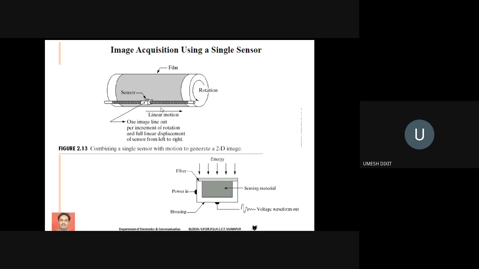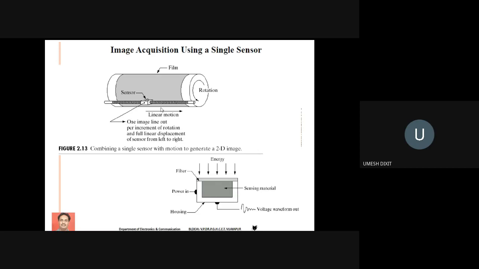I hope you have seen the typewriting machine, which was used in older days. In the typewriting machine, there exists a head which will move horizontally as you go on typing the characters. But when you want to move to the next line, what will be the arrangement? Can you think? You have to move the head manually, you have to rotate that drum manually. The same kind of arrangement we can use to capture the entire image by using a single sensor. This is how to capture the image by using a single sensor.